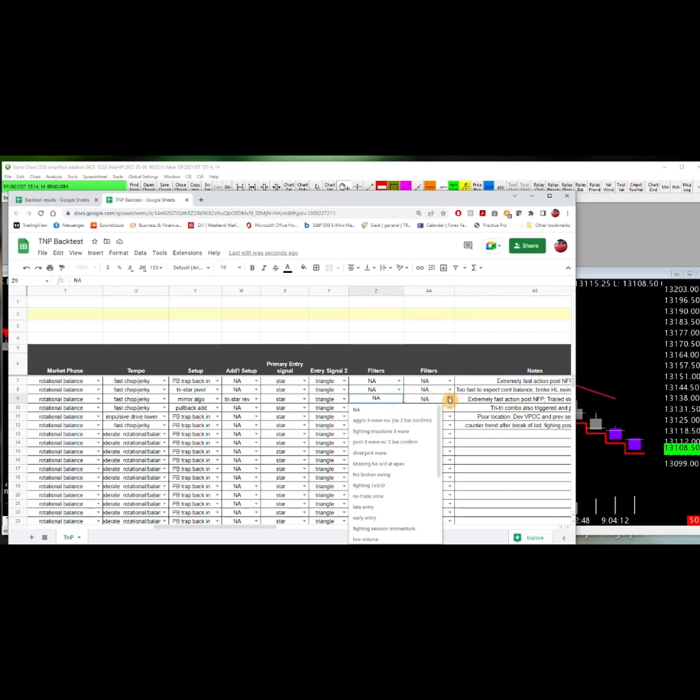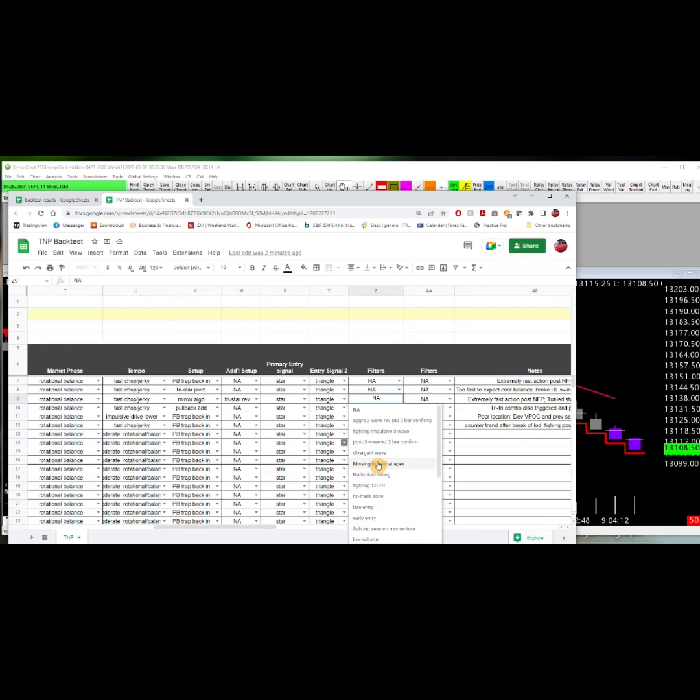Now, filters, these two are both the same. And the idea here is that I'm listing all the things that I want to filter out to see if they are influencing my trading, usually negatively. So things like being too aggressive on a third wave without waiting for 2-bar confirmation. Fighting an impulsive third wave. And then here's like a positive one, right? Waiting till post third wave with the 2-bar confirmation. Waiting for a divergent wave. So some of these aren't negative, but they're things I might want to filter out to see if it's a good idea to trade with this